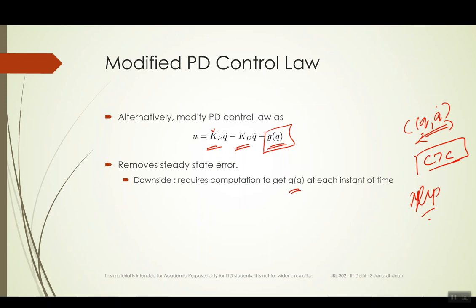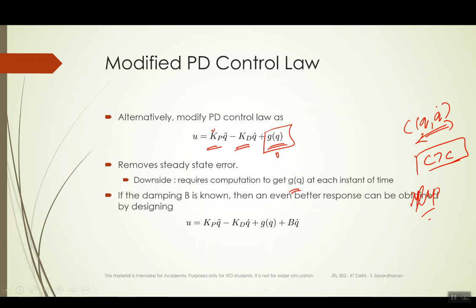If the error has to be completely eliminated, one thing that has to be done is to actually use a nonlinear controller which computes g of q. However, that would require a lot of computation power. Okay,